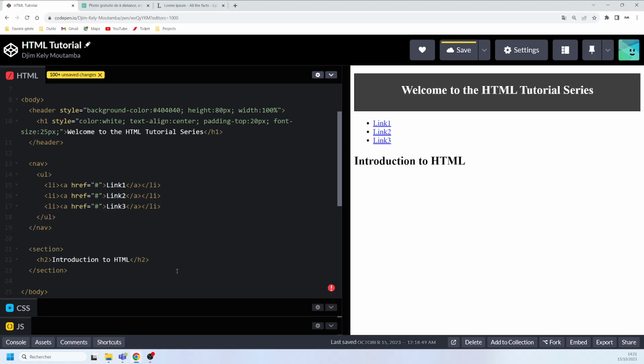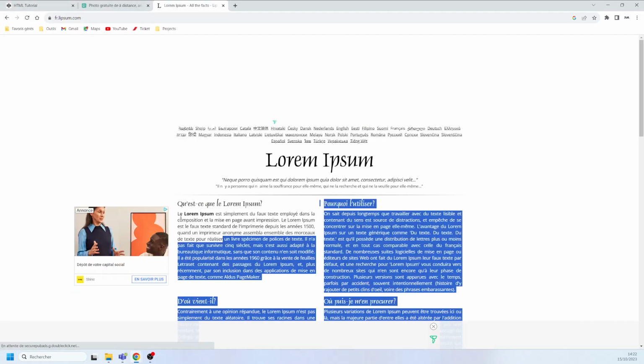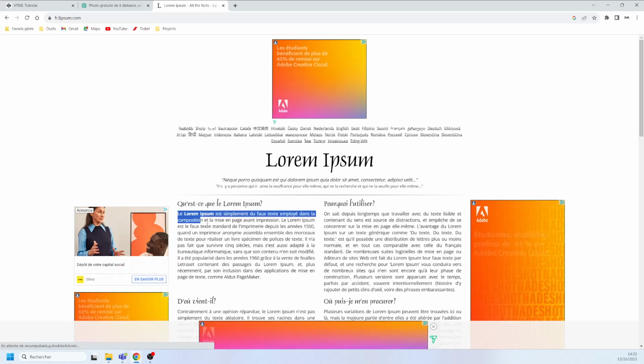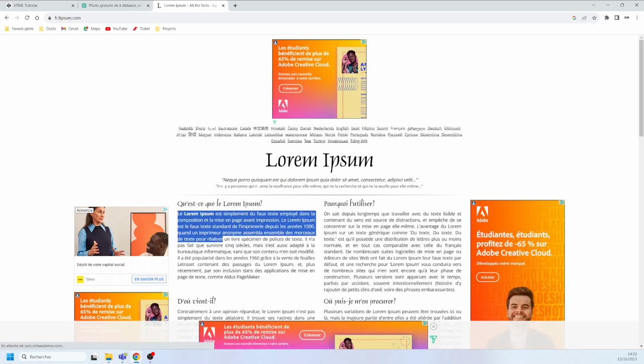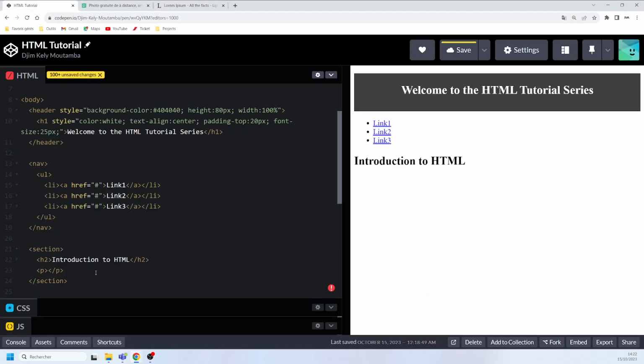And then, as I said, you can have some text, some images, for example, if you want to add another text, that will be a paragraph. Like here, if we come and copy some text, and like this, copy, come back here,